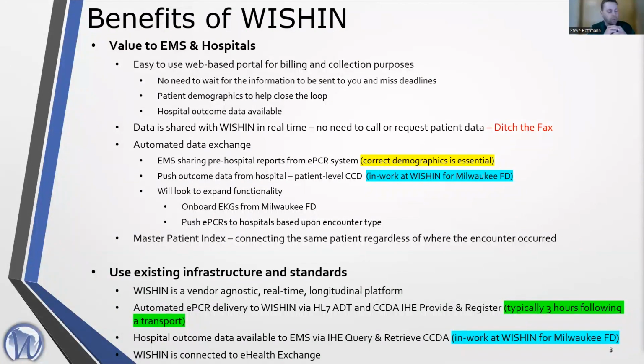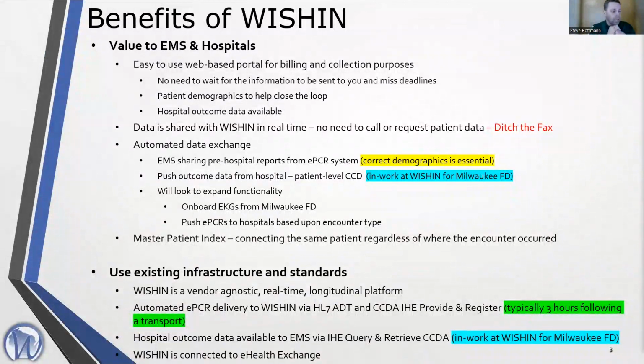We are working with Milwaukee Fire to identify opportunities to improve this, such as using Wishin before that information is entered in the EPCR, to make sure that it's accurate, that in Wisconsin, that Froedtert hospital visit for John Doe has the same demographic information that they're entering, so that we can match patients. If we can't match patients, then there's a discrepancy and disparity in accessing those EPCRs.